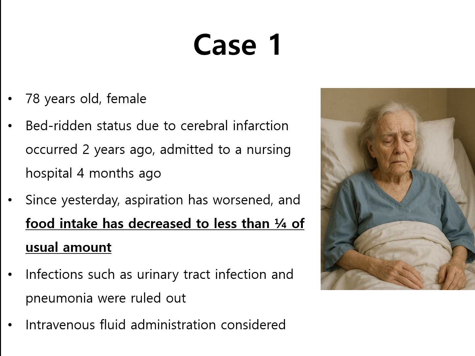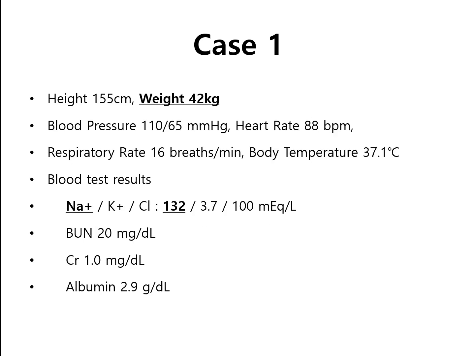Infections like urinary tract infection and pneumonia were ruled out. Her vital signs were BP 101, heart rate 88, respiratory rate 16, and body temperature 37.1 Celsius. Her height is